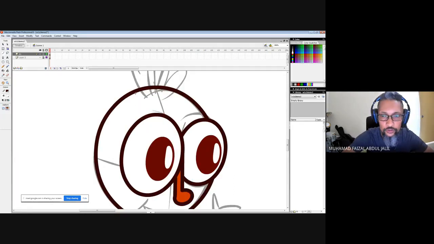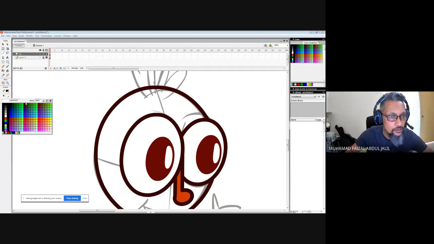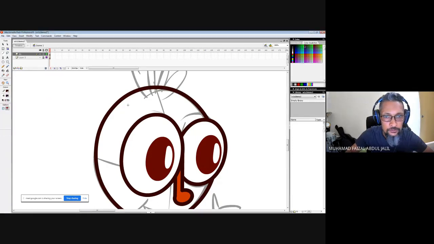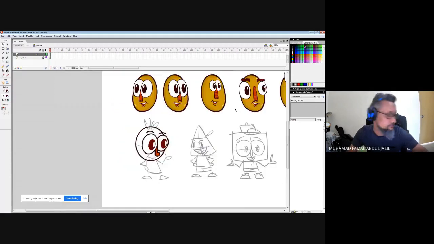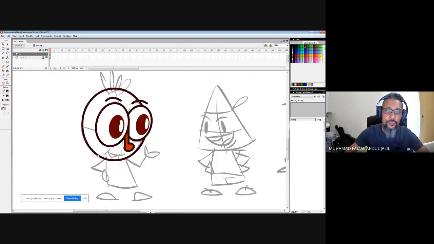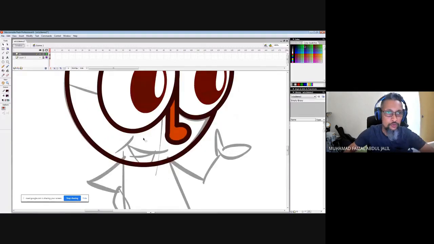If you want to use a mouse to draw the eyebrow, control, move, group there, right? Group there. The mouth itself is also the same thing.